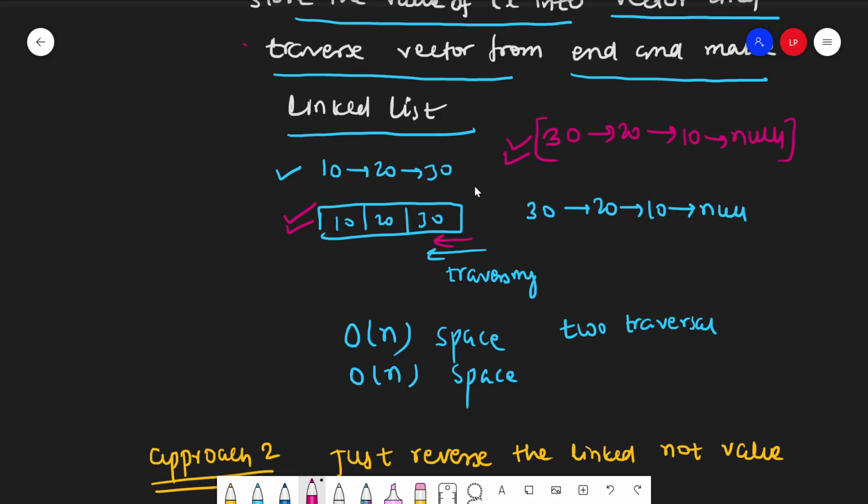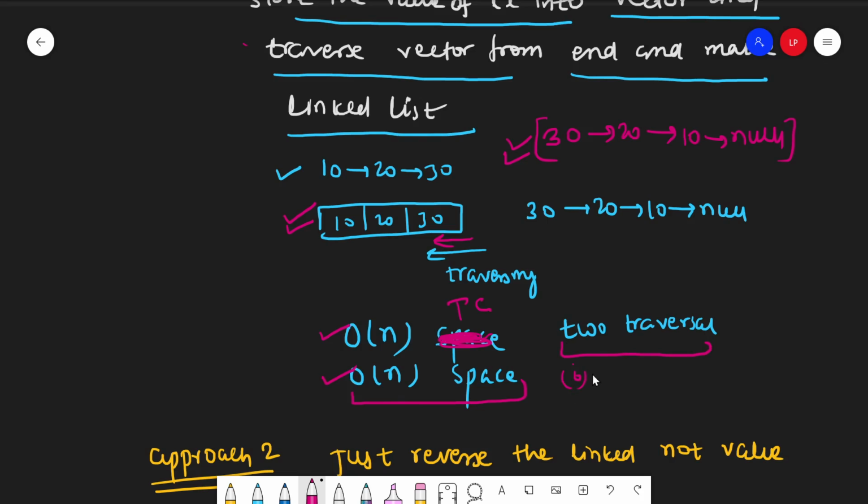But the problem here is that we use extra space, and this is a time complexity issue too. It takes big O of n time complexity and big O of n extra space, and it also takes two traversals. Why does it take two traversals?